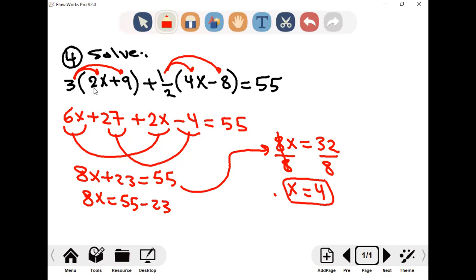Now let's substitute to check our answer. 2 by 4, 8 plus 9, 17. 17 times 3, 51. Put this 51 aside. 4 by 4, 16, minus 8, 8. Half of 8, 4. 4 plus 51,